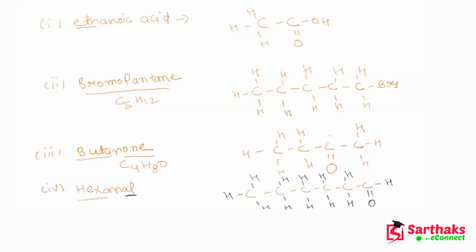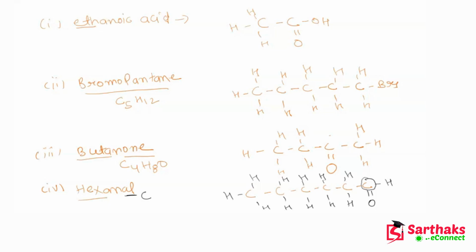1 2 3 4, 1 2 3 4, 1 2 3 4, 1 2 3 4, and this valency of this last carbon is also filled, 1 2 3 and 4, because it is sharing 2 electrons with oxygen and another 2 electrons, one with hydrogen and one with the other carbon atom. So basically the number of carbon is 5. Sorry, the number of carbon here is basically 6. Okay, so let me erase it.